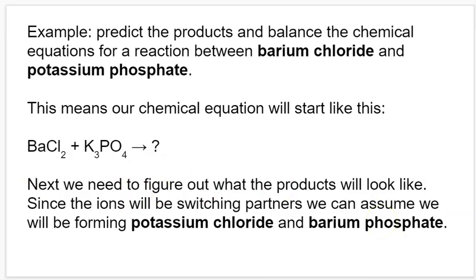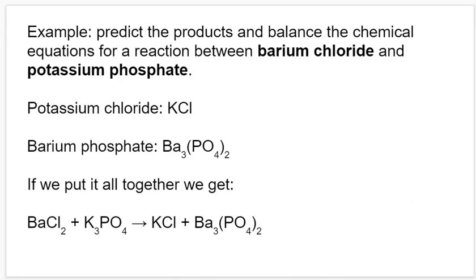So let's figure out what the formulas of those resulting compounds will look like. So potassium chloride, we know that potassium has a +1 charge and chloride has a -1 charge. So they're going to come together 1 to 1. So we'll have KCl. For barium phosphate, it's going to be a little bit more complicated. Barium is a 2+ charge and phosphate is a 3- charge. So we're going to need to make a common multiple, in this case 6. So we're going to need 3 2+ to get 6+, and then we're going to need 2 3- to get 6-. So we're going to end up with the total formula of